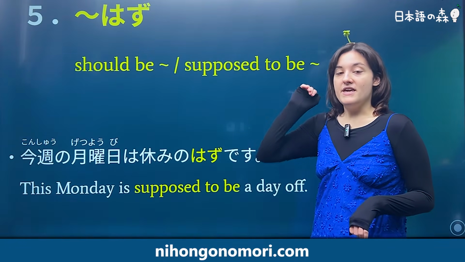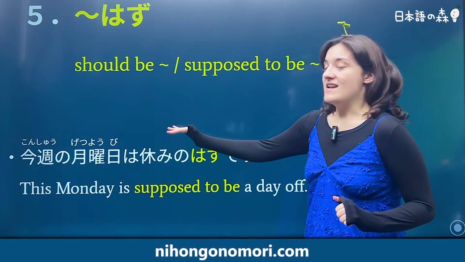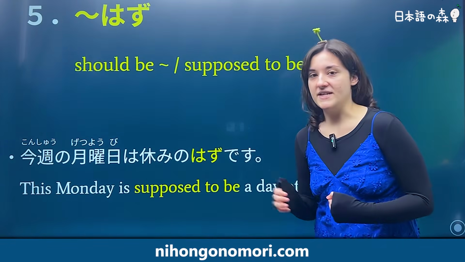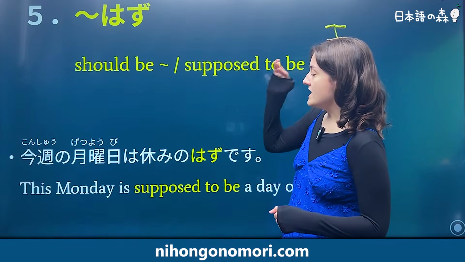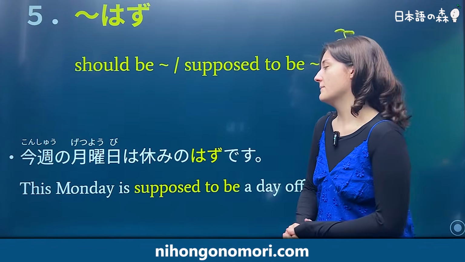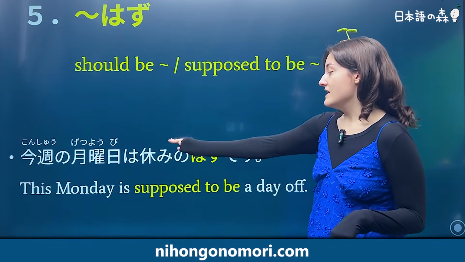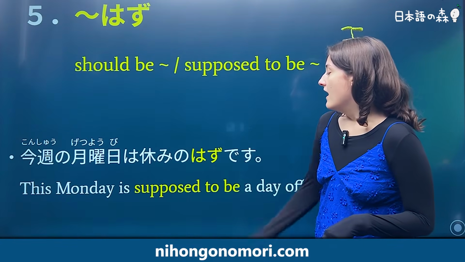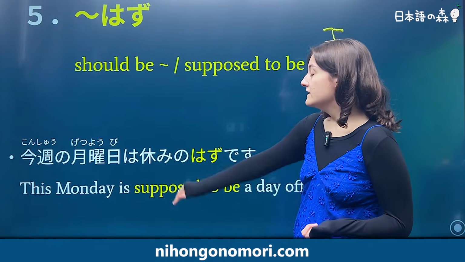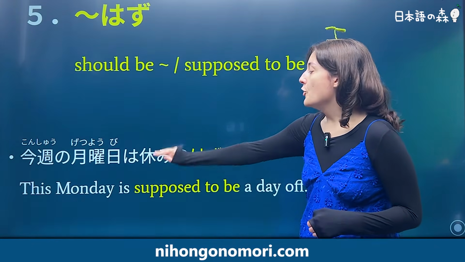When we have the na adjective, for example, it'll be na adjective na hazu desu. Like genki na hazu desu, right? So he should be healthy based on what I heard last week or something like that. Or for e adjectives, it would just be ii hazu desu. And then for verbs, it'll be the plain form. So it'll be like 食べたはずです or 飲めるはずです